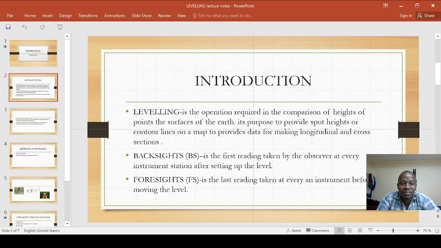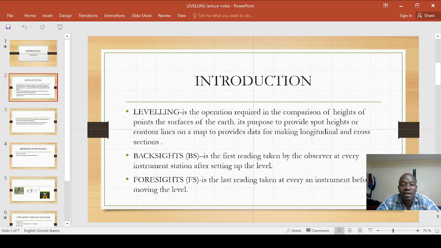Okay, good evening. Today I'm going to discuss the survey. It's our first unit, and in this unit I'm going to start with leveling. In leveling, of the various terms which are used, we have about 10 terms relating to leveling. We are going to start with leveling, whereby leveling is the operation whereby you compare